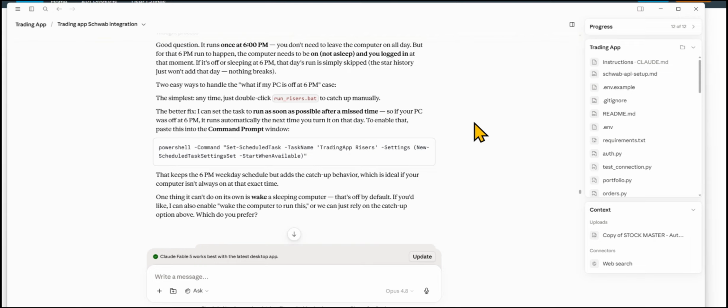And so I asked it why it didn't run, and it said, well, if your computer is on sleep mode, then it's not going to run. So then I asked Claude to please wake up my computer and run the script, whether my computer is in sleep mode or not. So that's one of the other things that we did, is that regardless of whether I'm